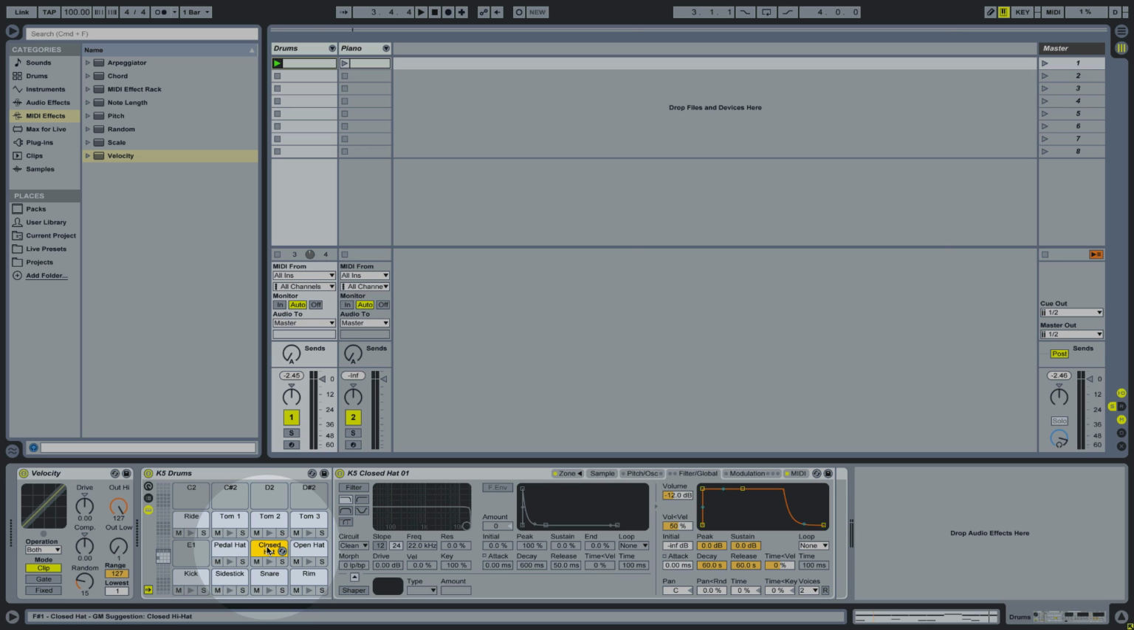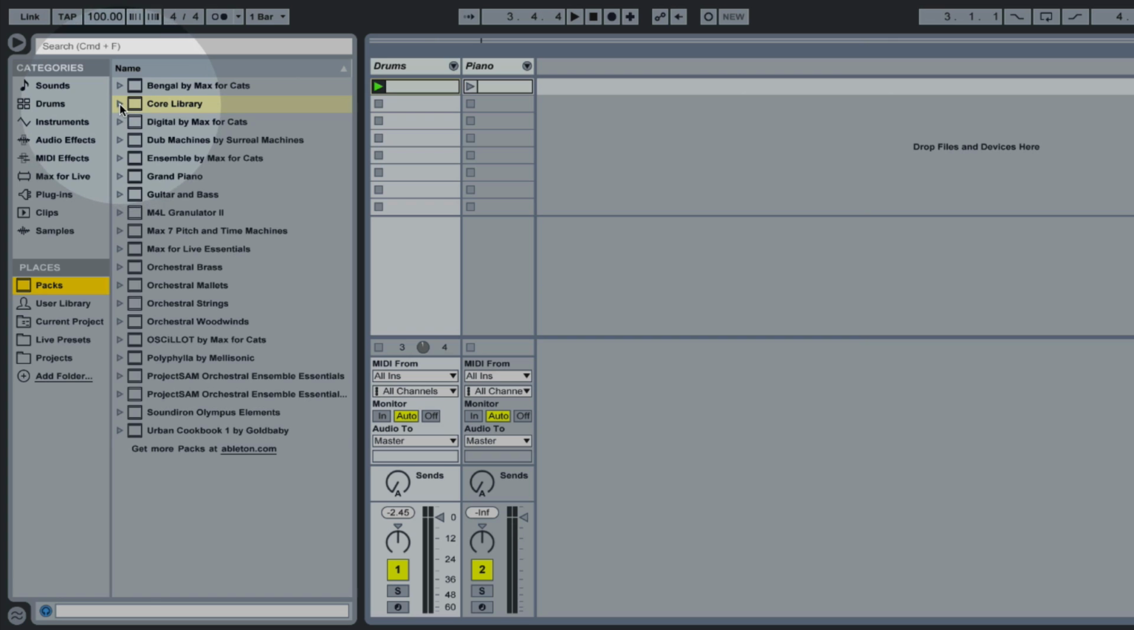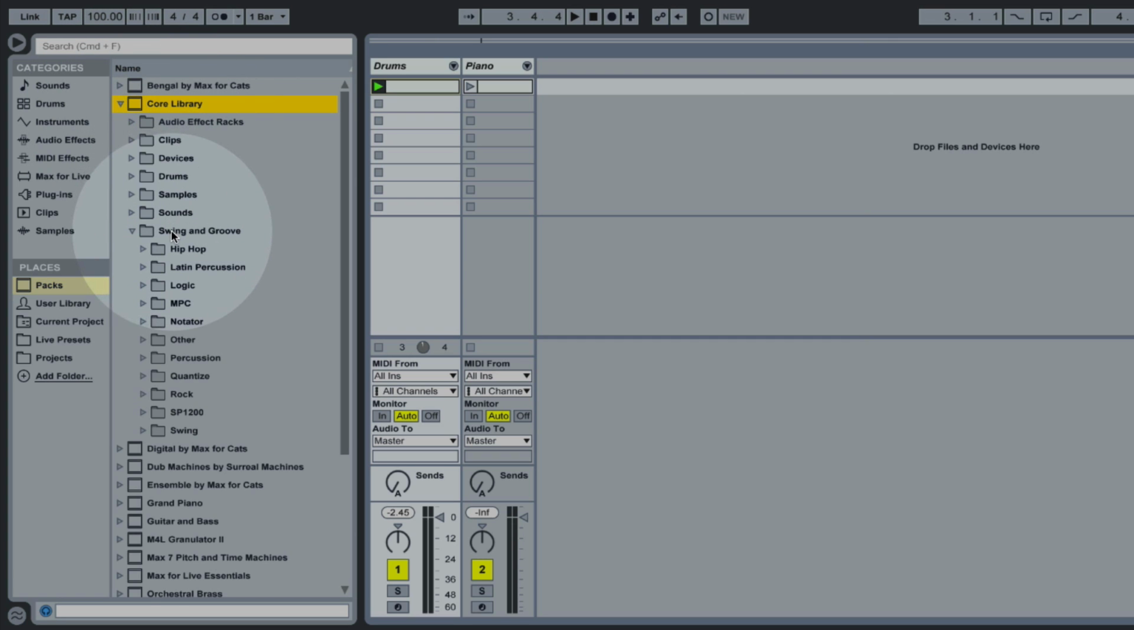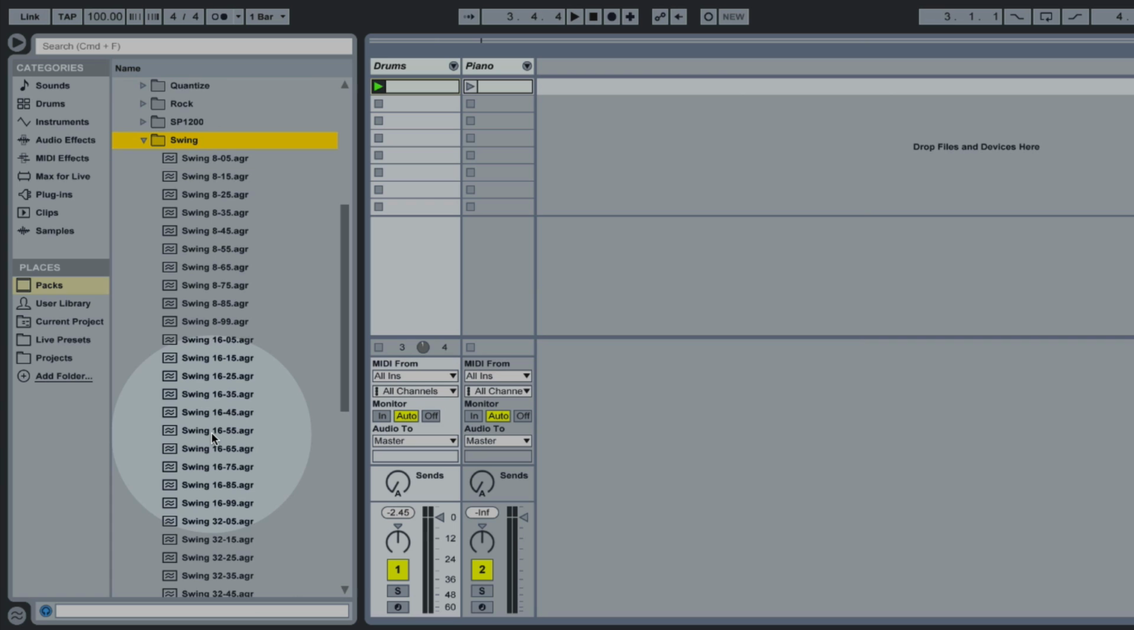So the next element of humanizing our clips is affecting the timing of our MIDI notes. The easiest way to affect the timing of notes in Live is to use grooves. To find our grooves, we can go to our packs, go to the core library, go into our folder called Swing and Groove, and find a particular groove that we want to work with. I'm going to grab the 16th note swing 99% groove,